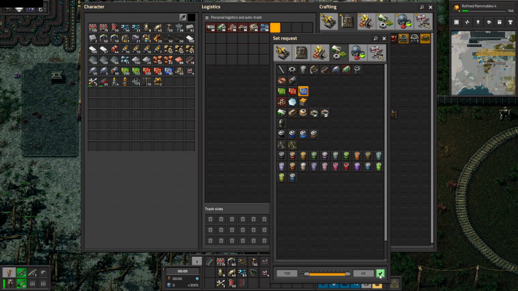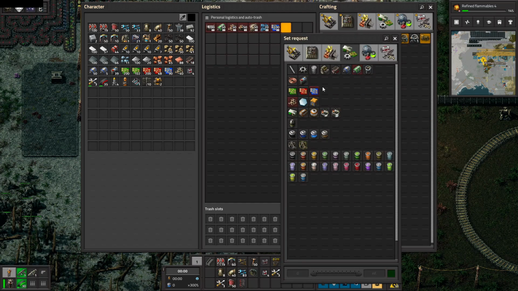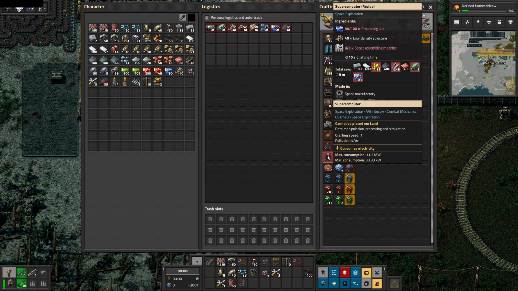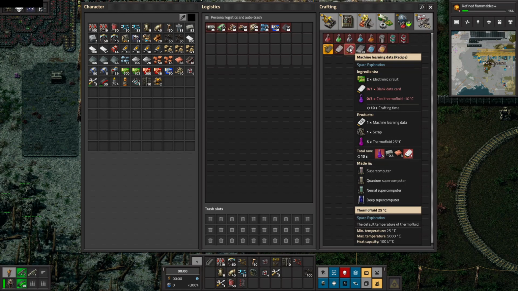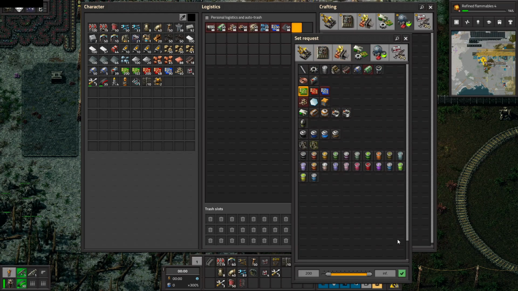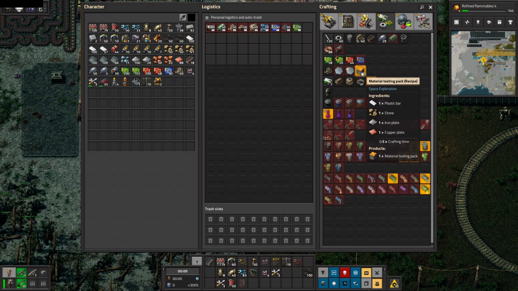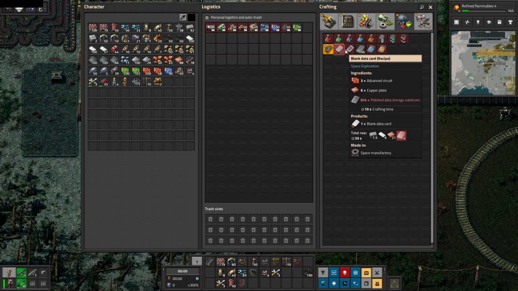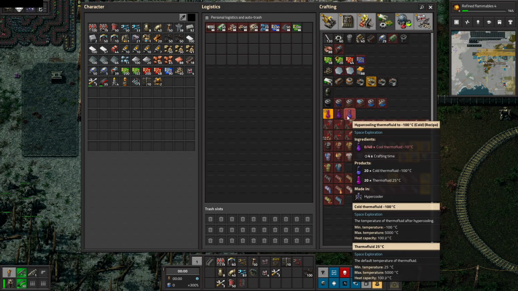Okay, so grab blue circuits. And a space assembler is everything we have, except we also need heat shielding. Okay. And then that's just the place to make it. We also need to have green electric circuits. Okay. And then, what is this? Material testing pack. Plastic, stone, iron, and copper. I don't know what that is. We'll probably need it. I also need cool thermofluid, and cool thermofluid needs